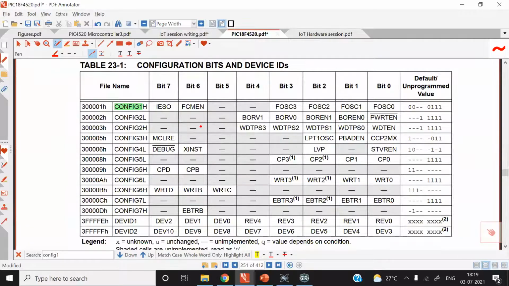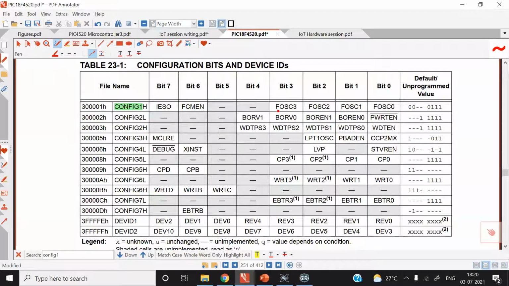By appropriately setting or clearing bits in this configuration memory, we can enable or disable some on-chip peripheral features. The example is the first register, CONFIG1H, the high byte. All configuration registers are 8-bit, but they are grouped like low byte, high byte. So altogether it becomes 16-bit.